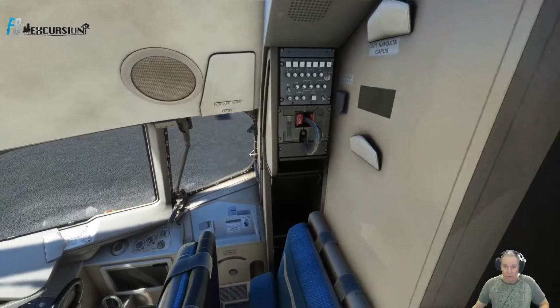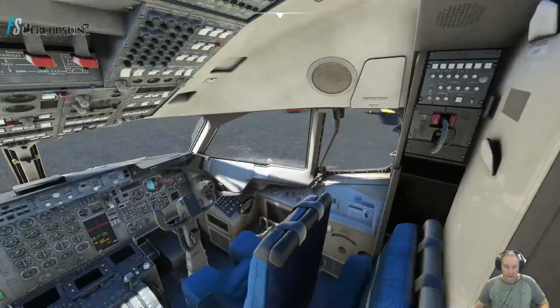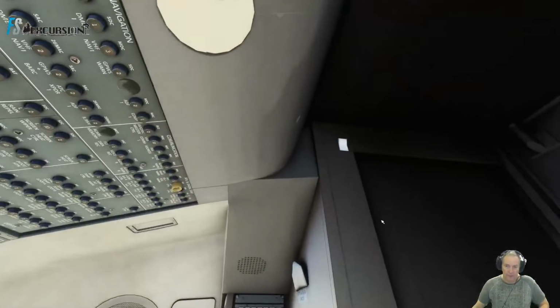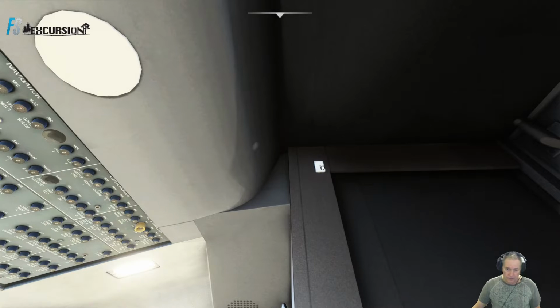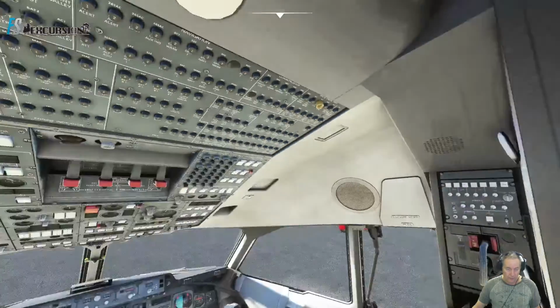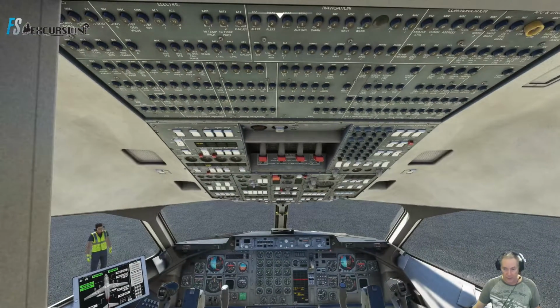Right off the bat, we'll go ahead and start right here, on the business side, here in the cockpit. Right off the bat, we have the switch up here that basically turns on all the lights, as you can see right now. The reason the lights are working right now is because I did a little bit of a pre-flight already by turning on